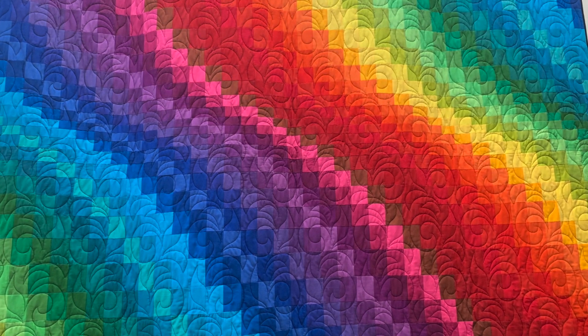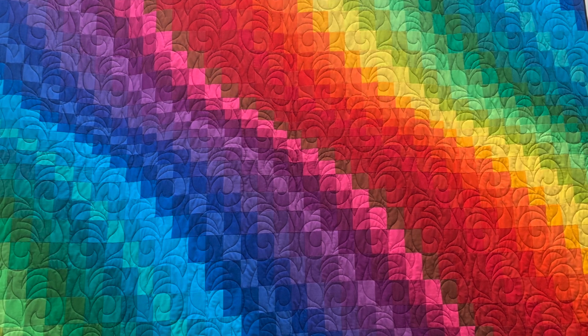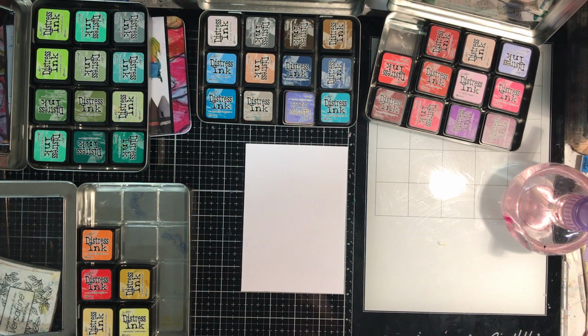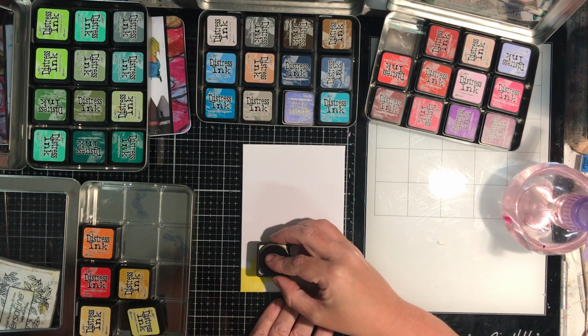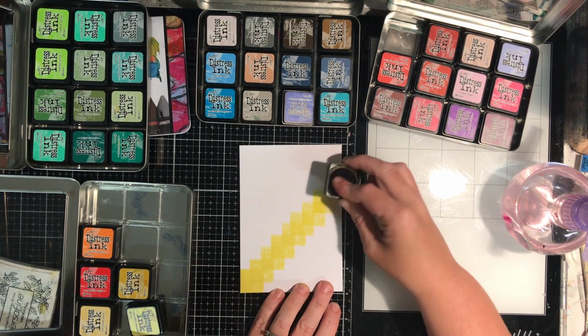As you walk into my craft room, which is a converted garage, I walk past this quilt. So as I was going in, I had all my Distress mini inks sitting out, and I just thought, oh, I could do something with this. So I just chose a whole heap of Distress inks in a rainbow of colours,